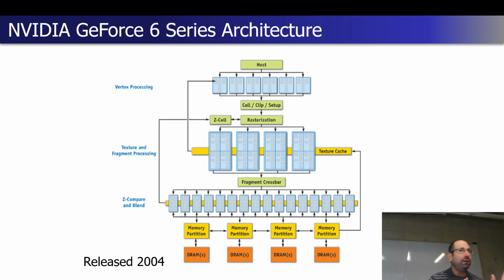We have a kind of a challenge in this era of how do we get input data to look like the way we would want it to be, and likewise, how do we get output data the way we would want it to look? And generally what would happen back in this era is effectively you're basically fooling this architecture into doing a meaningless render. And in the process of doing that visually meaningless render, you're actually doing the compute that you're interested in doing.